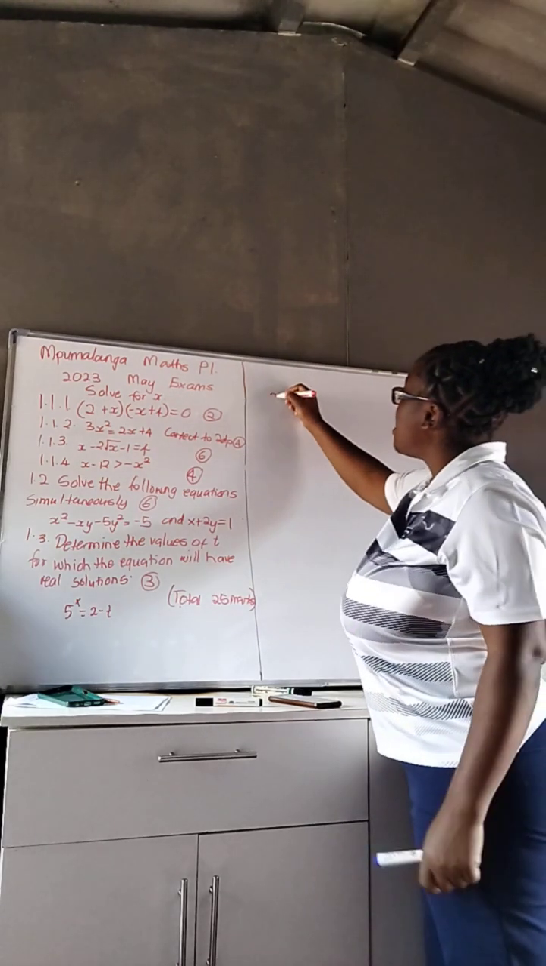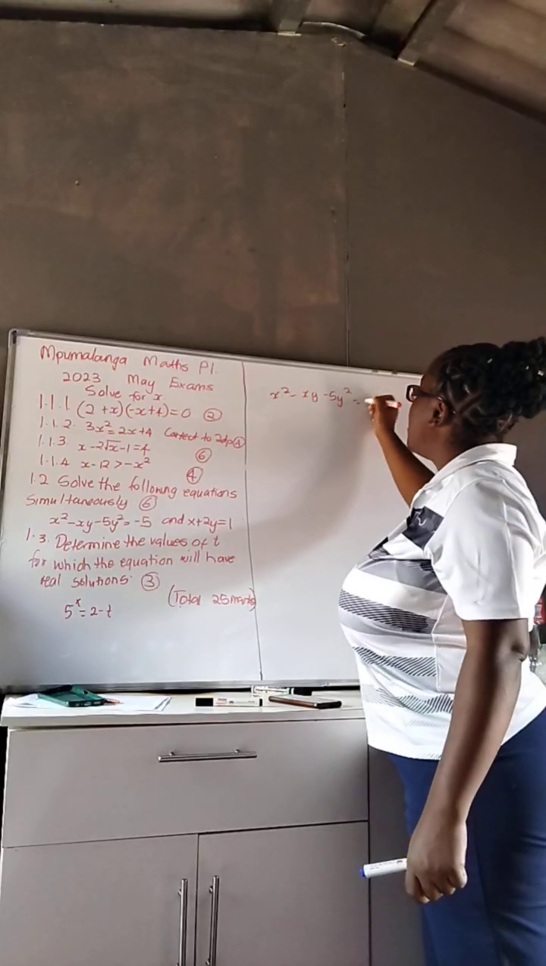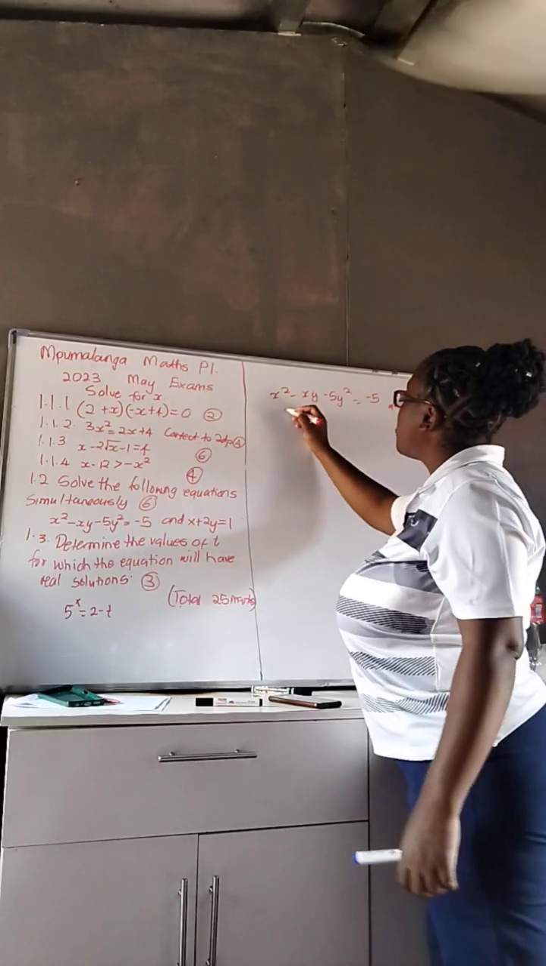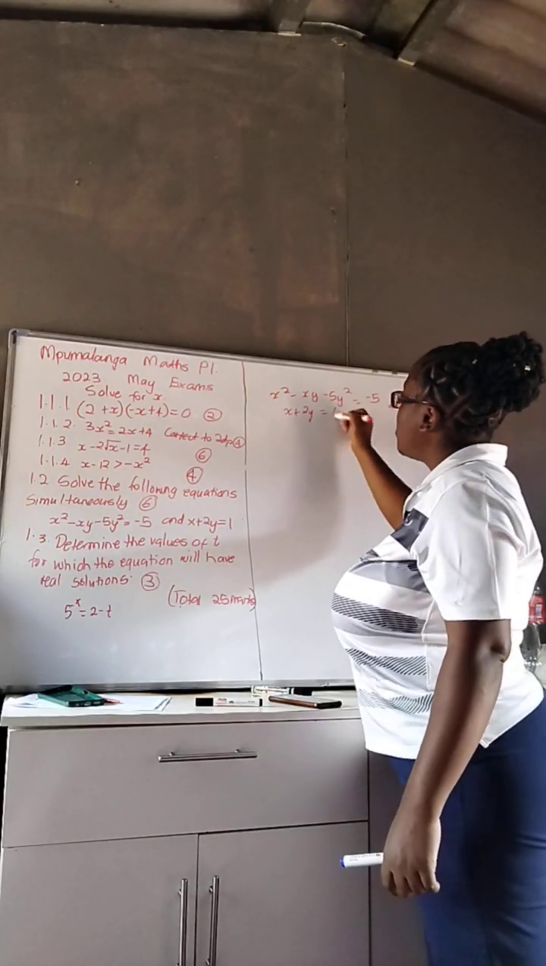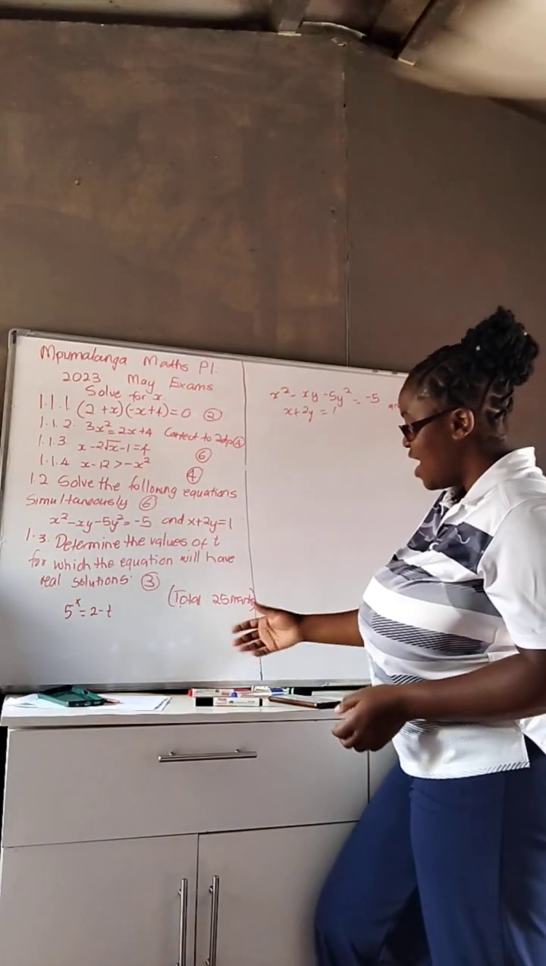So it's x squared minus xy minus 5y squared equals negative 5, and x plus y equals 1. All right, so there are so many ways to skin this cat, and the easiest way that